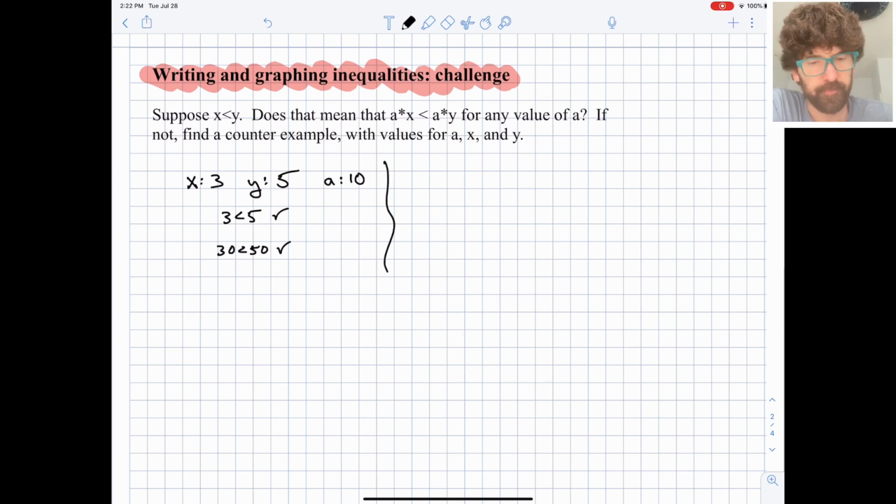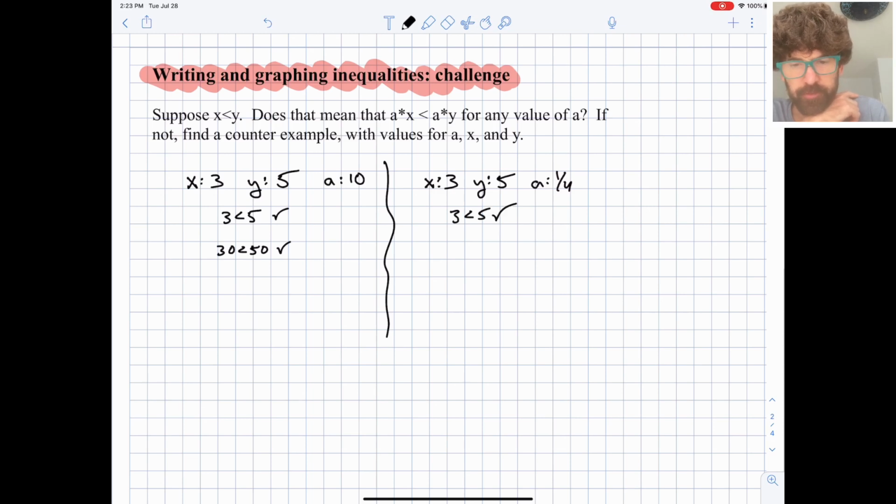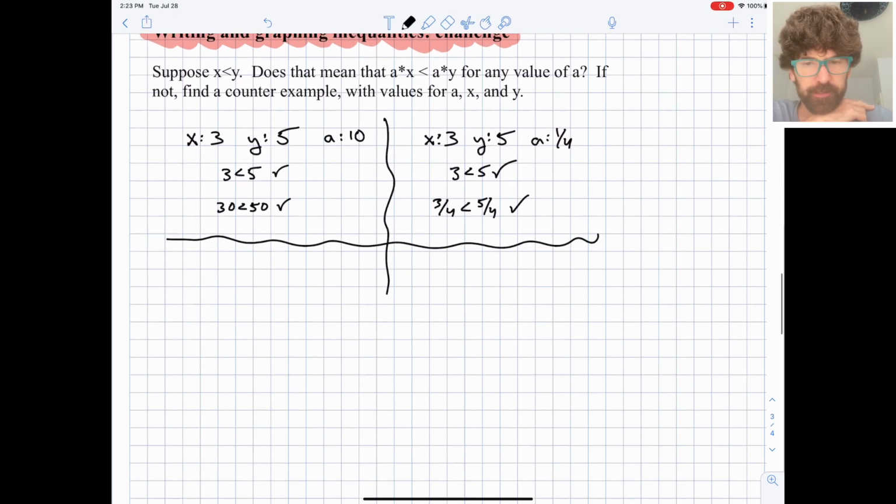What if a was a fraction? Let's try that. So x again is 3, and let's say y is still 5. And let's have a be a quarter. Let's see what happens. So of course 3 is less than 5. That still checks out. Multiply both sides by a quarter is 3 quarters less than 5 quarters. It still is, so it does check out here. So it looks like maybe we have something that might always be true,